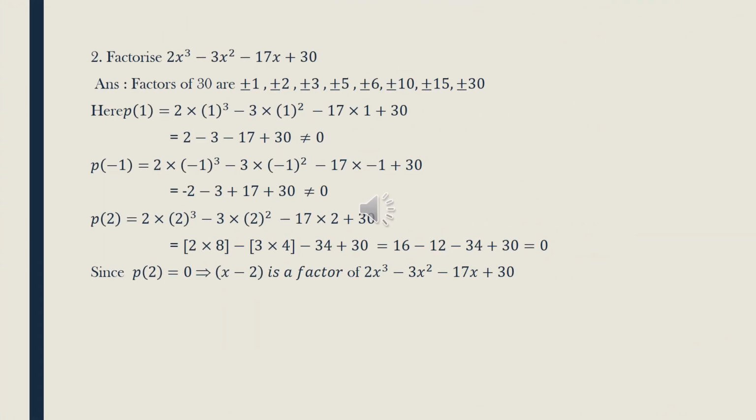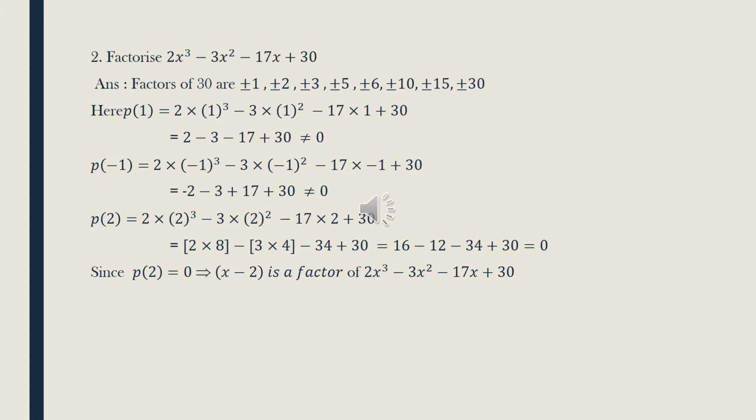In question number 1, we got the factors of a cubic polynomial by trial and error method. We have one more method for finding the factors of a cubic polynomial. Let us do the second question in that method. For doing factorization of a cubic polynomial by the second method also, first we need to find one factor using trial and error method.